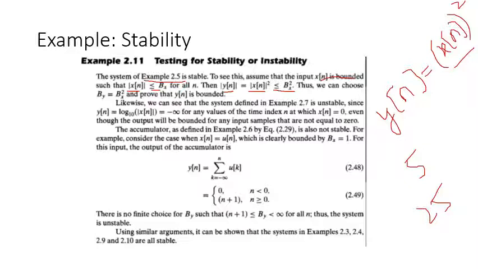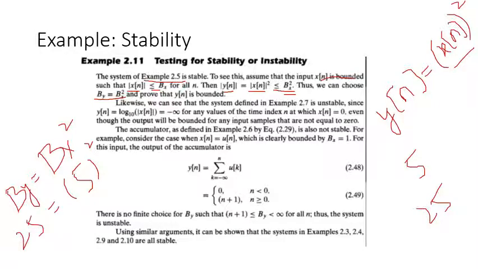There is a condition on input that input is always less than or equal to bx, and the system is scalar, so output should always be less than or equal to boundary condition square. Thus we can choose by is equal to bx square. So the boundary condition of output is equal to bx square. So 5 square is equal to 25. Okay. Now another example is of